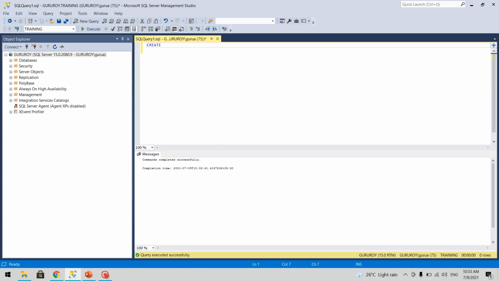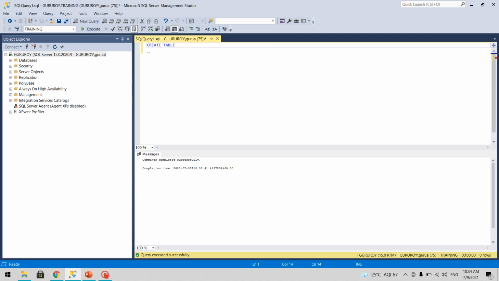So for create table, we write create table, and then we specify the table name. We can also specify the schema before the table name and separate them by a dot. But if we are not specifying it, it directly goes to the dbo schema.